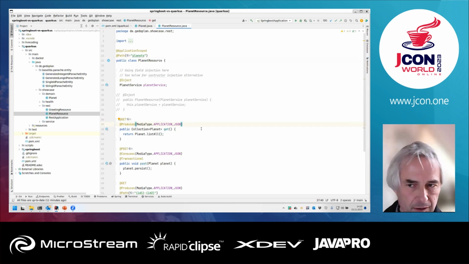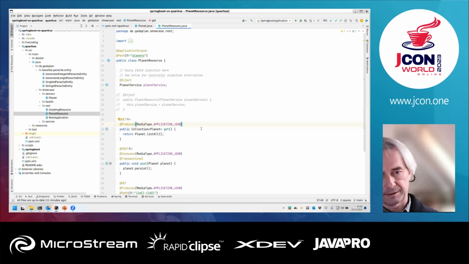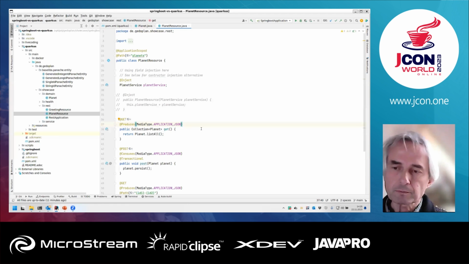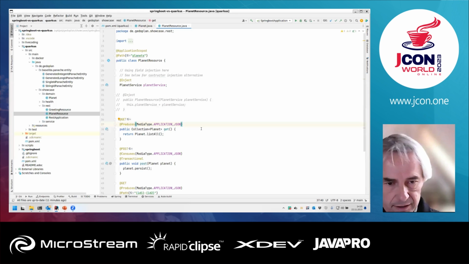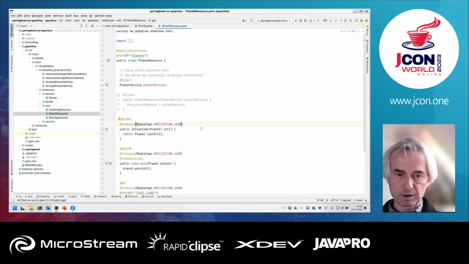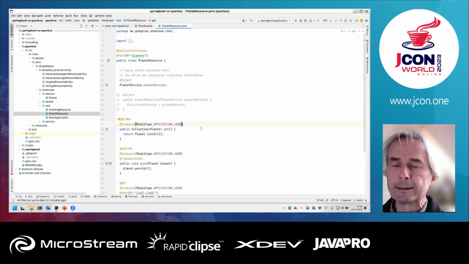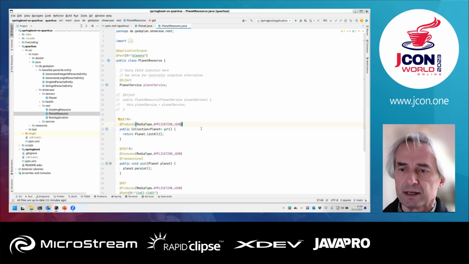The difference, although, is that this is a standard. It's Jakarta RESTful Web Services, or JAX-RS, as it was called before the name change. So that is exactly the same code that you would have on some standard application server like WildFly, OpenLiberty, and so on. No difference. Whereas the Spring Boot code is proprietary. It's just Spring Boot. Okay, and